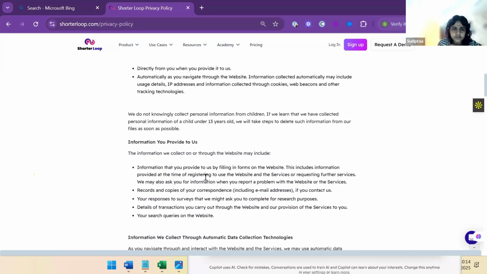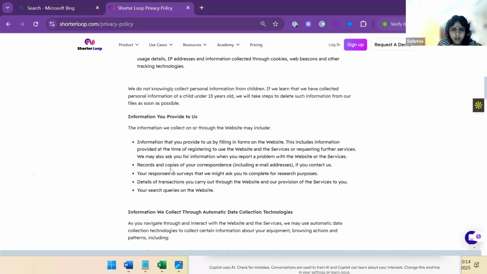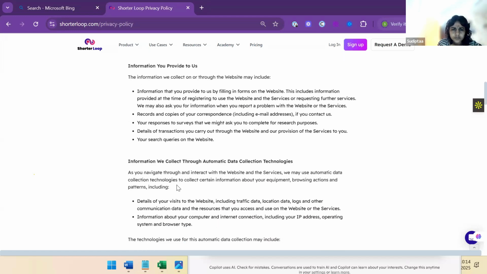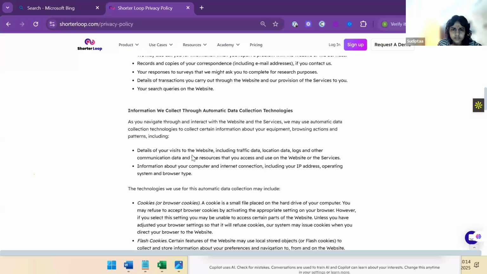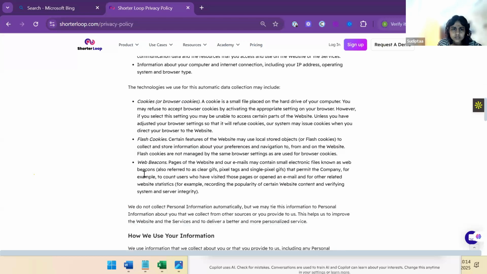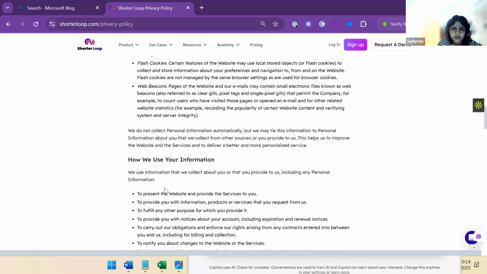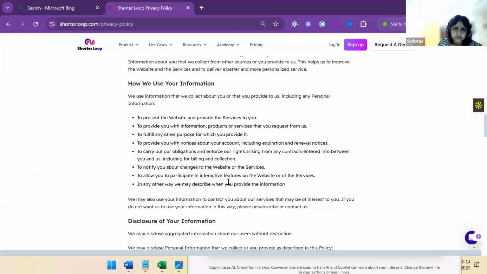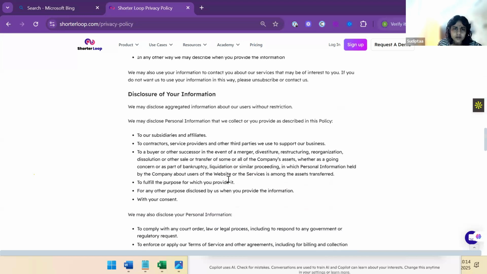Then we are saying information you provide to us. Then the information we collect through automatic data collection techniques. Cookies, flash cookies, web beacons we use for this, and we are very transparent. If you go to other places, you will not find this kind of transparency that Shorter Loop has put.